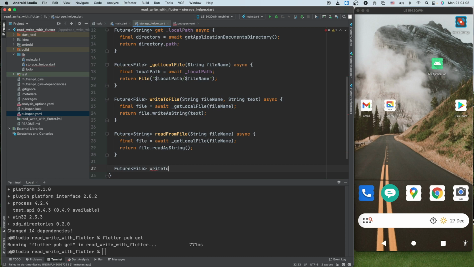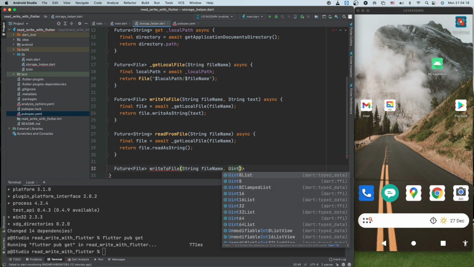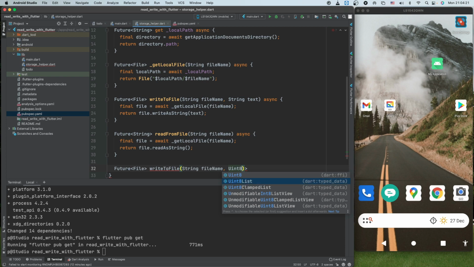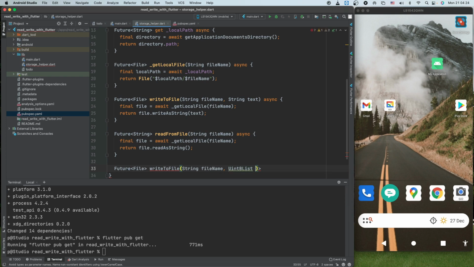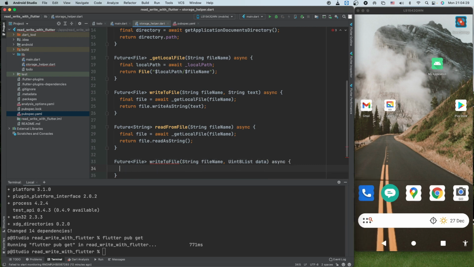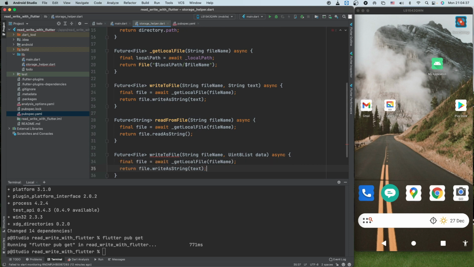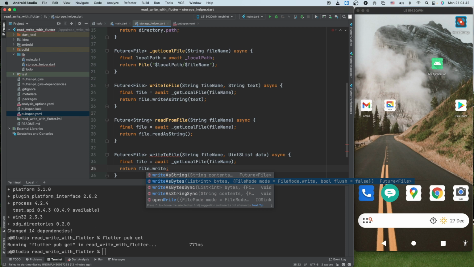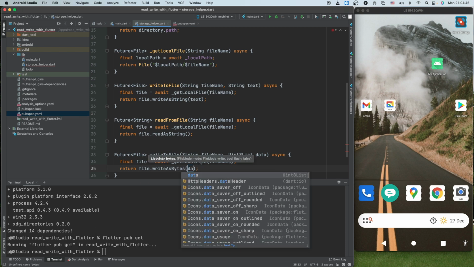So write to file, string file name, then in Flutter you normally use Uint8List as the data, and the rest you can use as it is. The only thing is that we have to change from string to as bytes, and in that you can provide data.